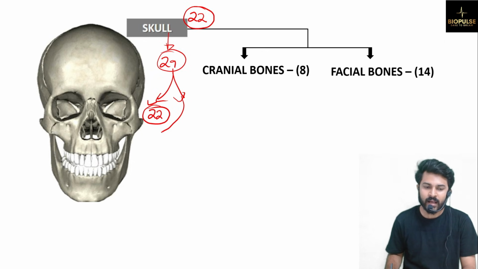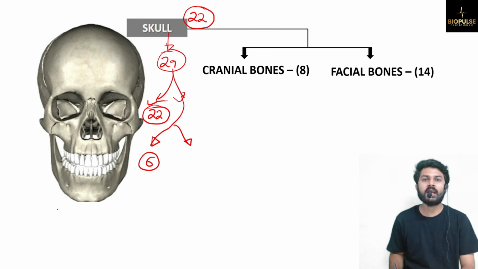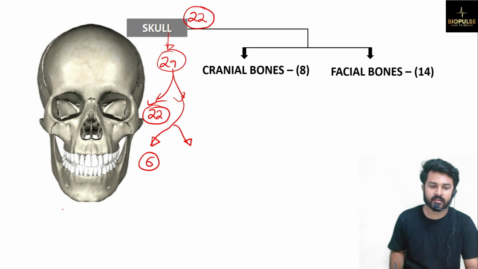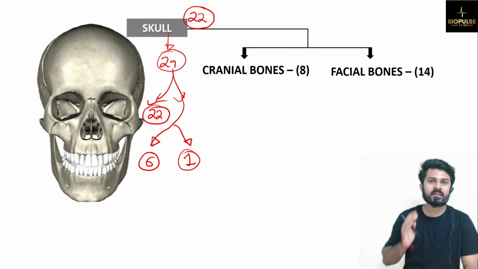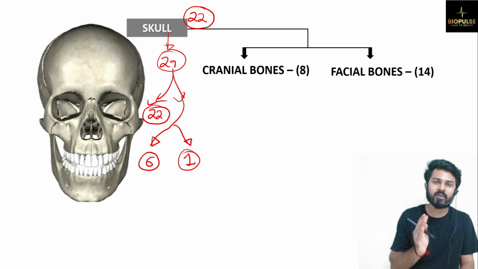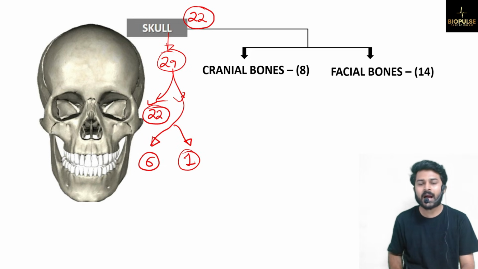Now again we have to do the calculation for another 7 bones, correct? So 6 bones will be associated with the middle ear, that is called ear ossicles. Very tiny bones will be present, called ear ossicles. Fine. And a single U-shaped bone will be present called hyoid bone, that I will tell in further slides. Fine. So any doubt here? The skull skeleton will have 29 bones, out of which 22 will be present on the skull. In the skull how many? 22. Another 7 bones, 6 will be ear ossicles and 1 will be your hyoid bone.